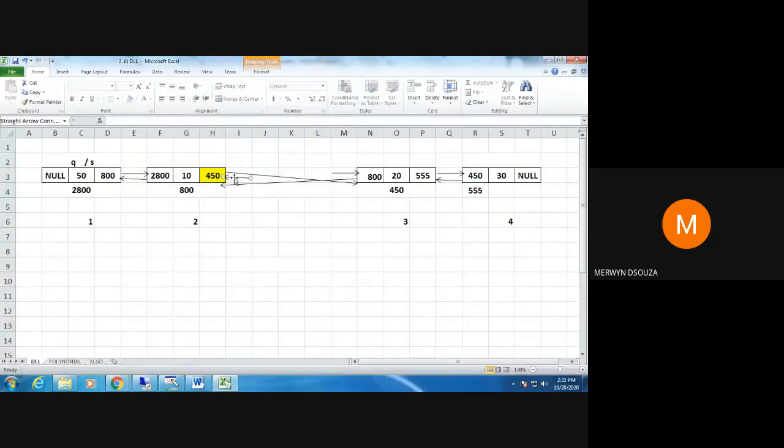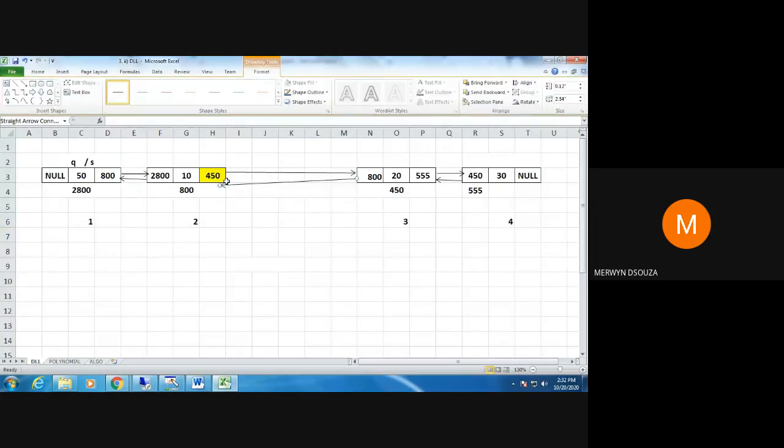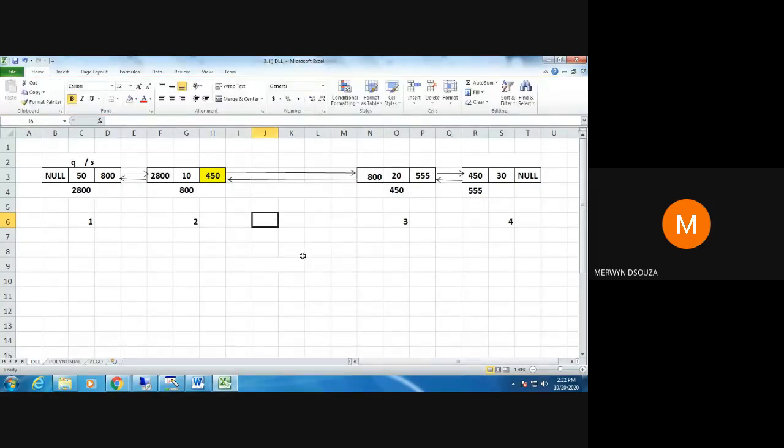All the pointers that were present get deleted, and you have got these links like this. That is the way you do a deletion in the middle of a linked list.